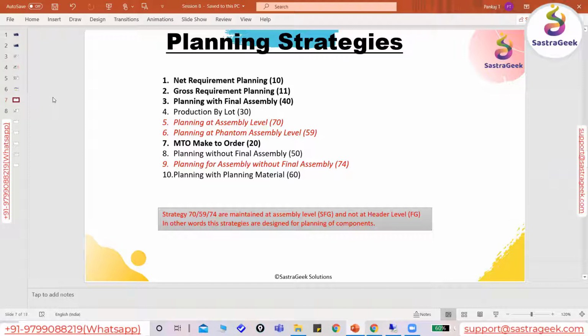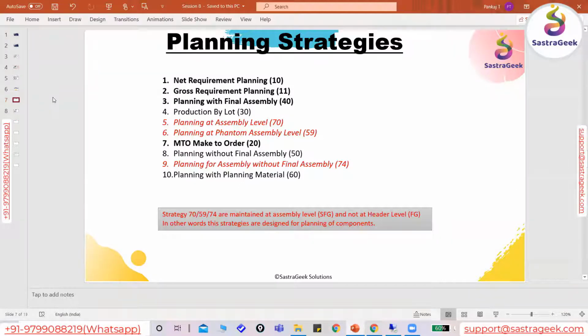That way we will come to know what the meaning is and what the difference is between planning strategies, let's say, 10 and 11 or 10 and 40. These kinds of questions may be asked during your interview when you are applying as a PP consultant, because these are very standard functionalities that SAP has provided. And as a PP consultant, at least we should know how the standard planning strategies work.